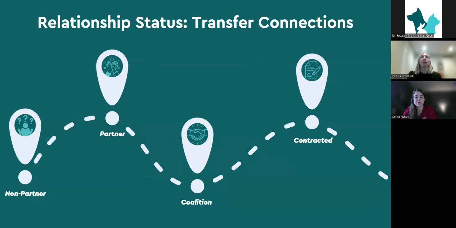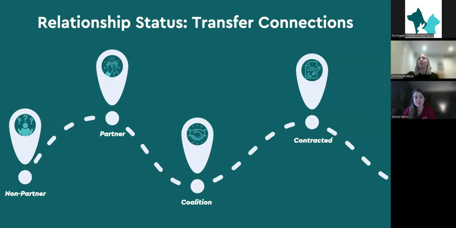In addition to originating and receiving organizations, each organization involved in the transfer can have some additional details related to that relationship. We can take a look at these different types of relationships from least to most formal, starting all the way on the left with non-partners. These are organizations that don't necessarily have an established relationship and may only engage informally or rarely. And then we have partners who are approved for transfers between each other's organizations. These transfers occur as needed or on a case-by-case basis without a formal commitment to broader collaboration. So they can still be transferring on a regular basis, but there's no real formal